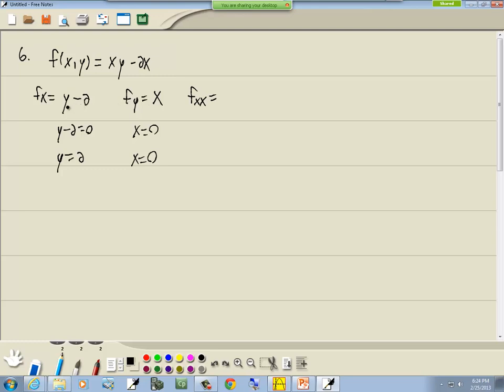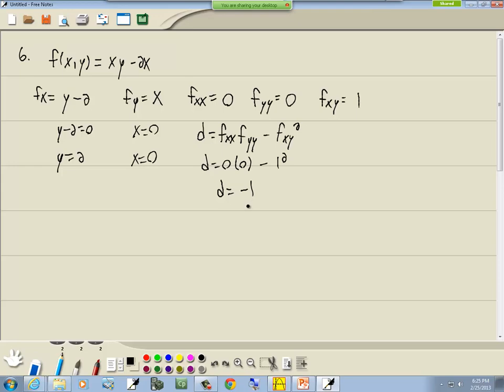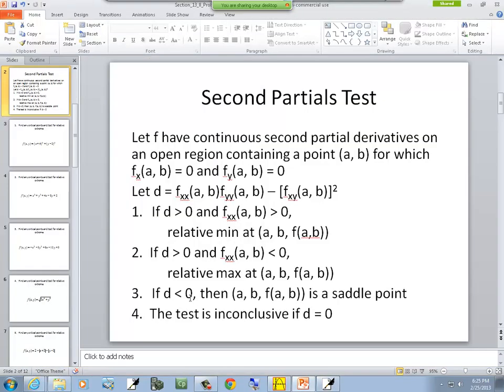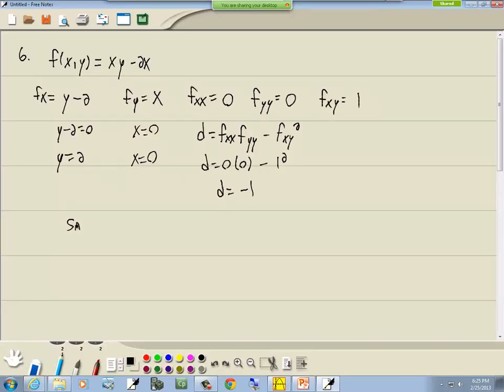So we'll take the derivative of y minus 2 with respect to x, which gives us 0. We'll take the partial with respect to y of x, and that gives us 0. And then the partial of y minus 2 with respect to y gives us 1. So d is equal to these two, like that, which is going to give us 0 times 0 minus 1 squared, which gives us negative 1. That's this one. If d is less than 0, then we found a saddle point. So we're going to have a saddle point